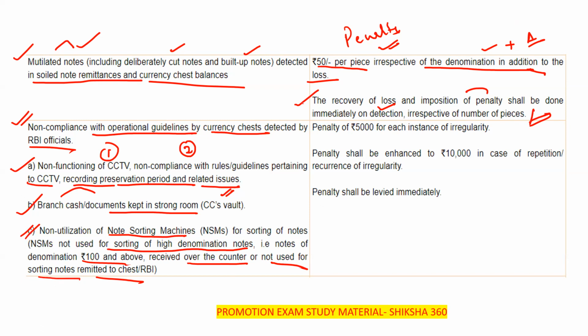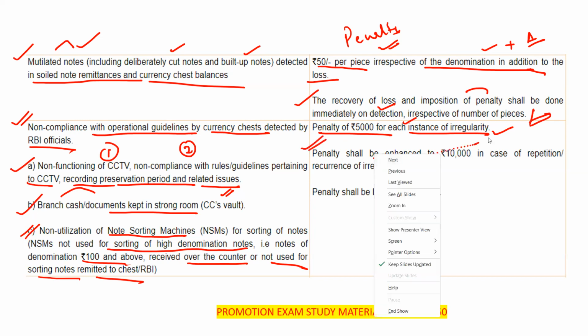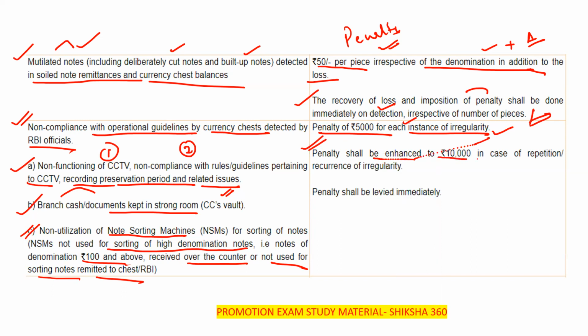And penalty, that is of rupees 5,000 for each instance of irregularity, clear. And this penalty shall be enhanced to rupees 10,000 in case of repetition or reoccurrence of irregularity, clear. And penalty shall be levied immediately, clear, that is, you have to pay the penalty immediately, clear, penalty shall be levied immediately. Okay,